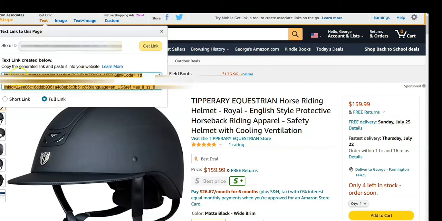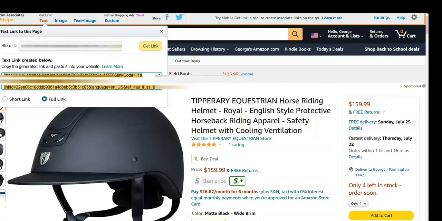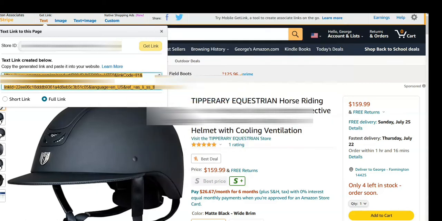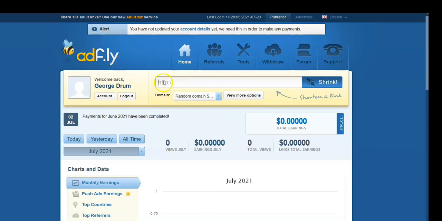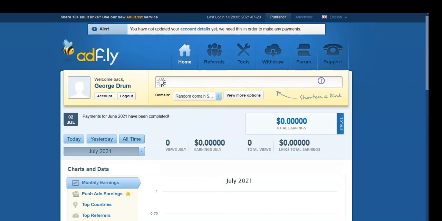And so what you normally would be getting is a full length link here. Now the full length will look like this. I'm going to put it in a notepad here and bring it over to you. Now it's this right here, this whole thing here. Now this is going to be put into my Adfly account, which I have signed in here. I'm just going to paste this in here, and I want it to shrink it. So it shrinks it to this link here.